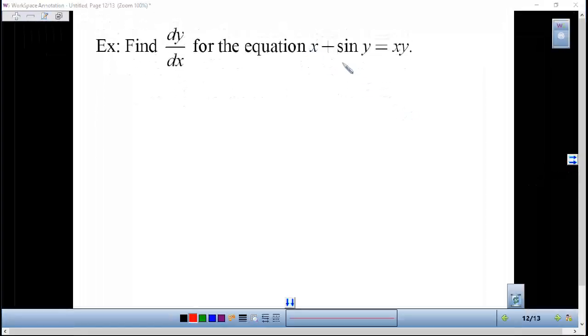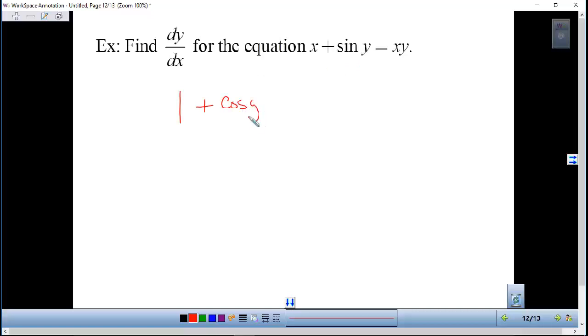All right, so what we're doing here is we're going to take the derivative term by term. Over here at this part, we're going to have to use the product rule. So the derivative of x is 1. The derivative of sine y is going to be cosine y. And since I'm taking the derivative with respect to y, I've got to multiply by my dy dx. And then over on this side, remember the product rule, first times the derivative of the second. What's the derivative of y with respect to y? 1 times your dy dx